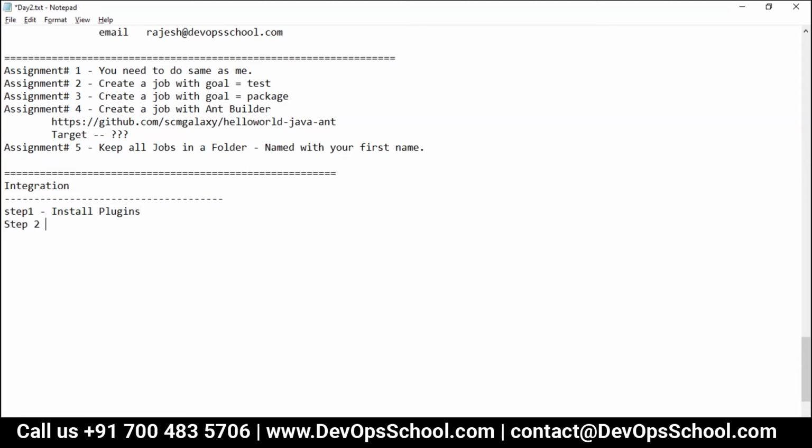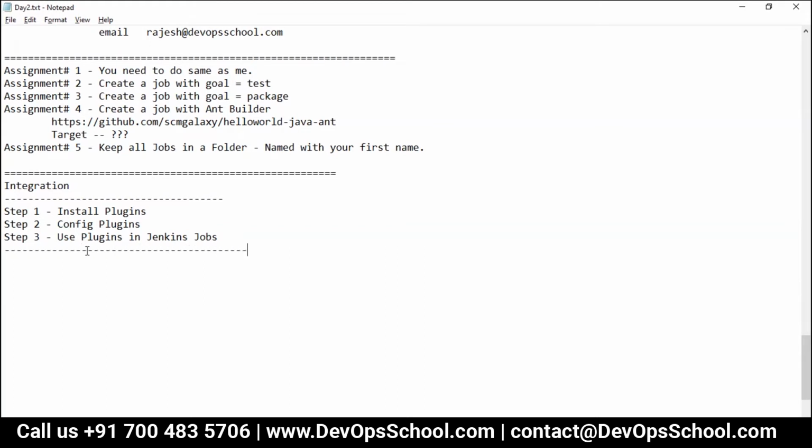Step number two, configure plugin. Step number three, use plugins in Jenkins job. Now it's a very simple step. What we have here: step one, step two, step three.